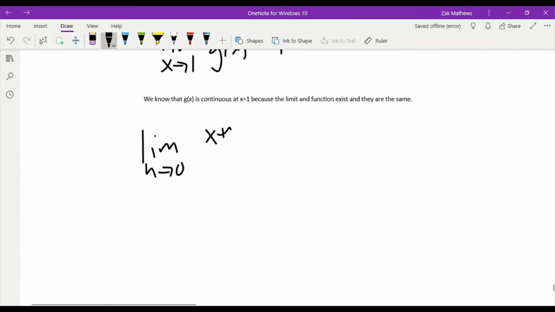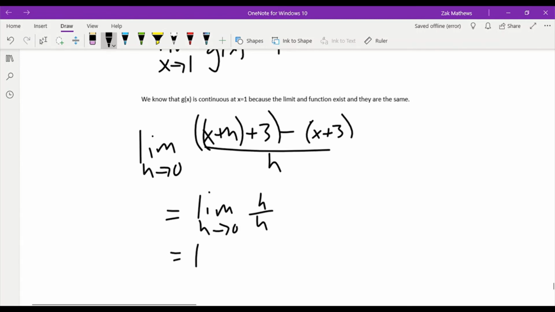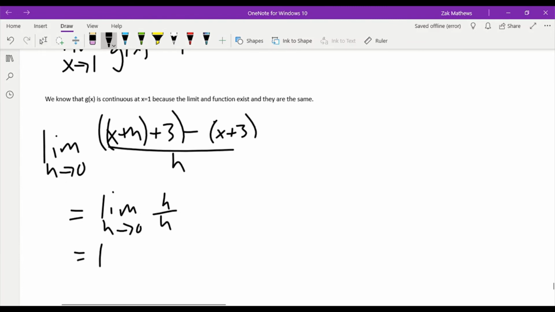So I'll have x plus h plus 3 minus the x plus 3 all over h. And so when we find this limit, the x plus 3's would cancel, so we'd have h over h, and that is equal to 1. Okay, it better be the same as the slope from the other side, so we're going to have to look